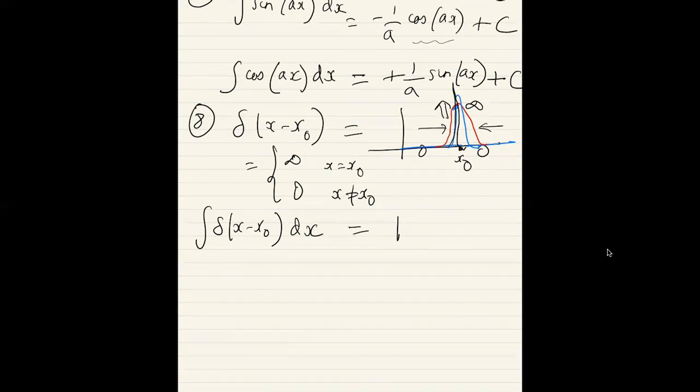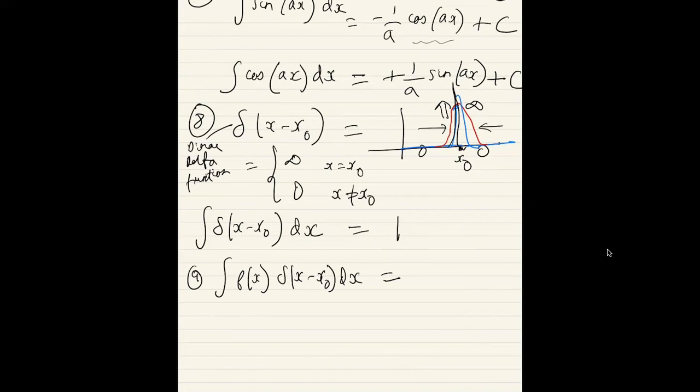So the integral of a Dirac delta function, it's also called a Dirac delta function, is 1. And now sometimes one might have not just a delta function, but some other generic function multiplied by the delta function. And in this case, the integral is the function